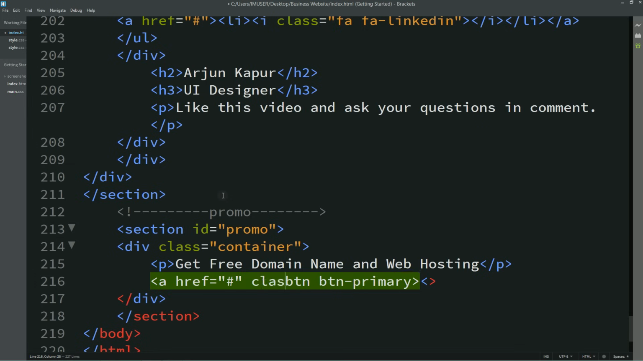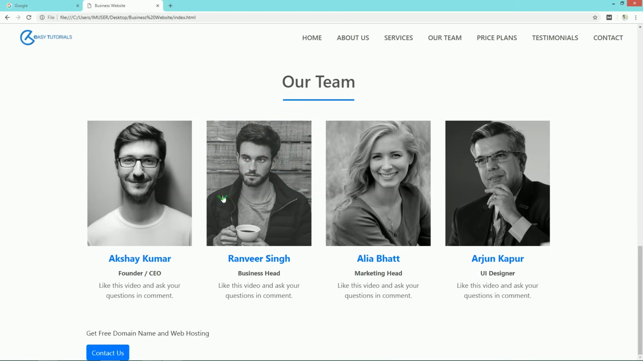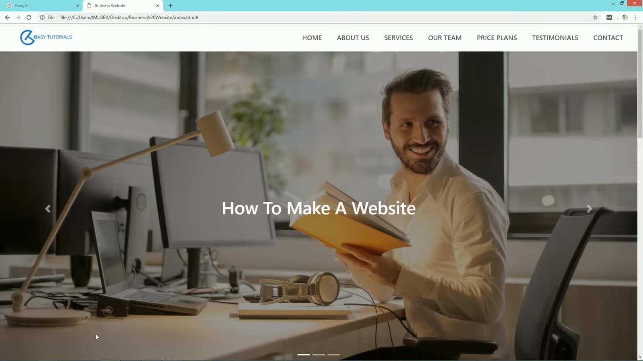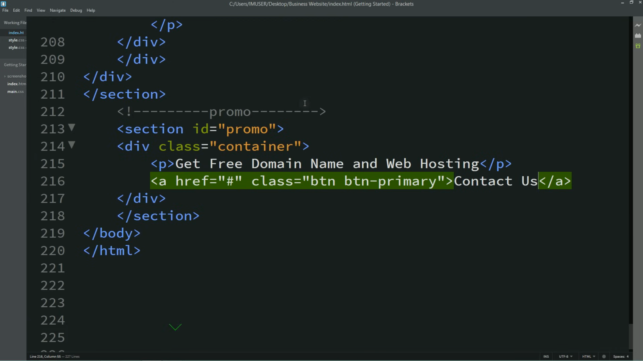Okay, let's write class name here, class, and this will be the button text, that is contact us. Just save these changes and check your web page. So you can see it is aligned in the left and there is a small text here. Okay, so simply copy this ID, go to your CSS,